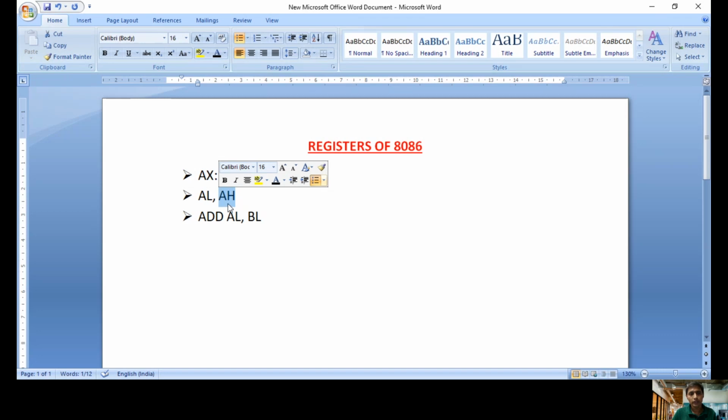So AH will take the carry result in this particular example. That's why the register AX is also called a default register. Among all 14 registers, only the accumulator register is called a default register. Not only arithmetic, for all arithmetic and logical operations, mostly the accumulator register can be used as a default register.